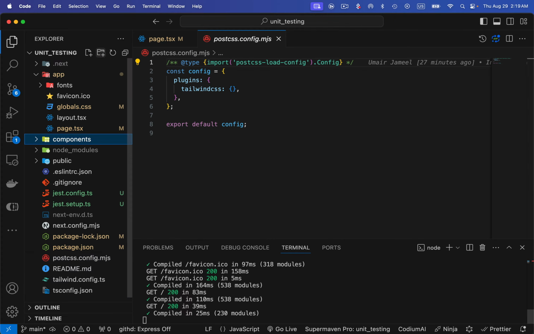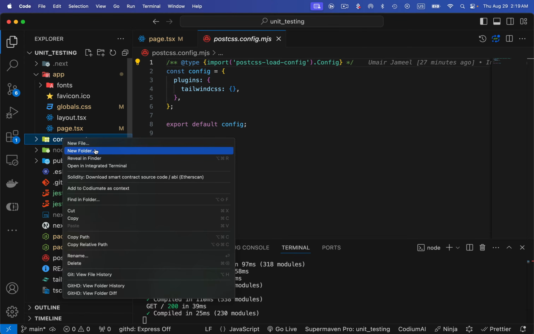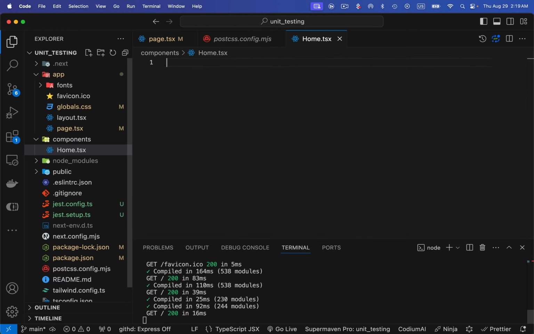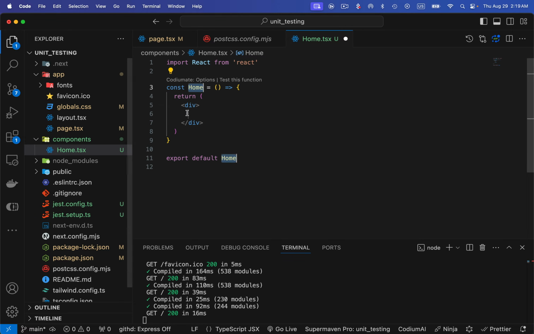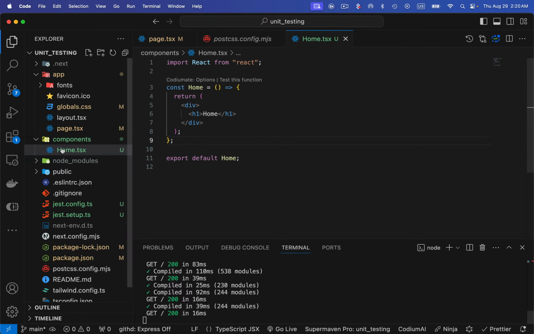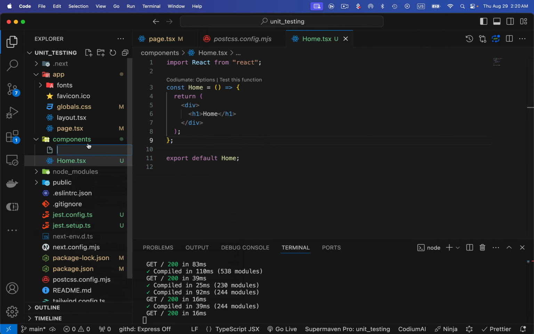This is going to be the components, and inside this components I'm going to create a new component file, home.tsx, and this is going to contain, let's write a home for now. All right, this is a text, and let's write